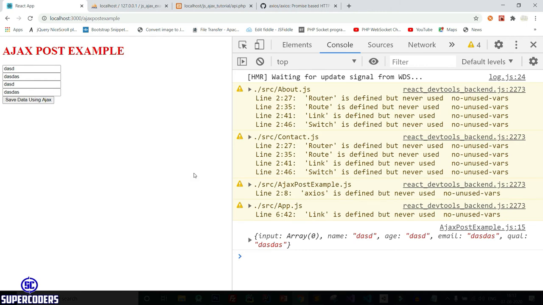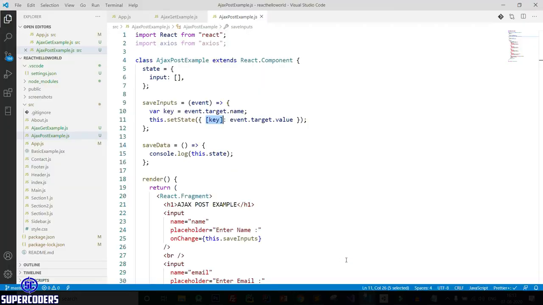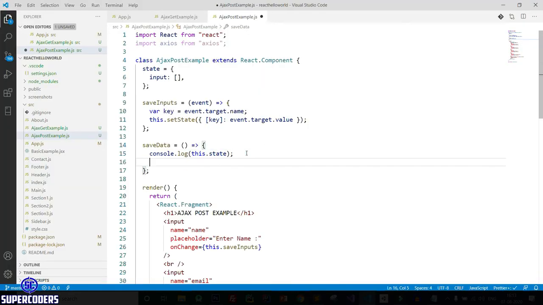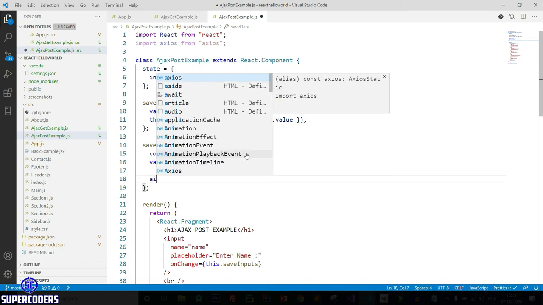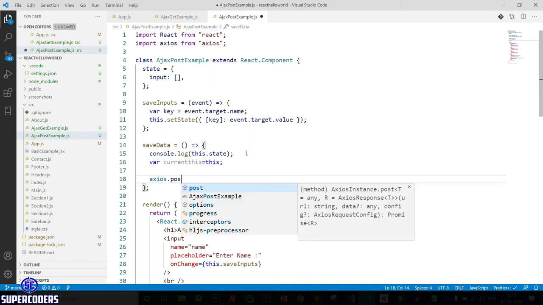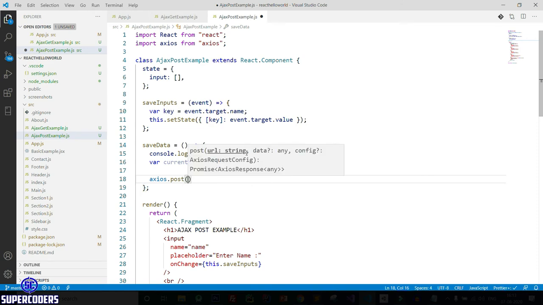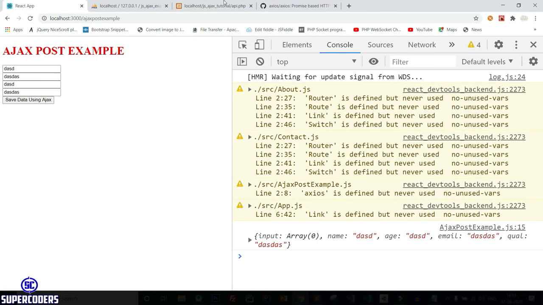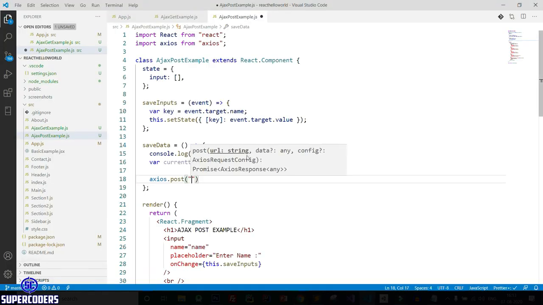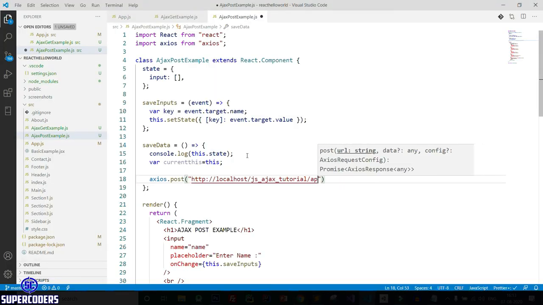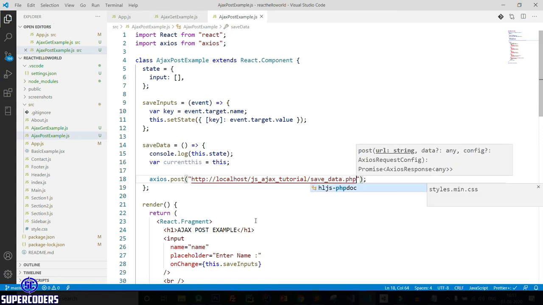Now let's see how you can save this data. So again come here, then var current = this, then axios.post, then pass the URL. The URL is our, copy it, double quotes, paste and change it to save data dot php.